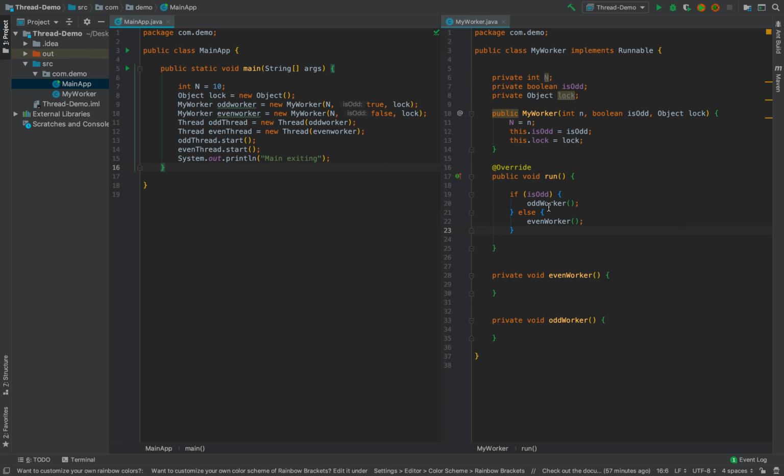Once you are here in odd worker or even worker, what we want is to see how these threads will communicate with each other. There are multiple ways of doing this program, but we will be using synchronized. If you don't know the synchronized keyword: if you have an object lock or a class lock, then at a time only one method or one block will be executing.